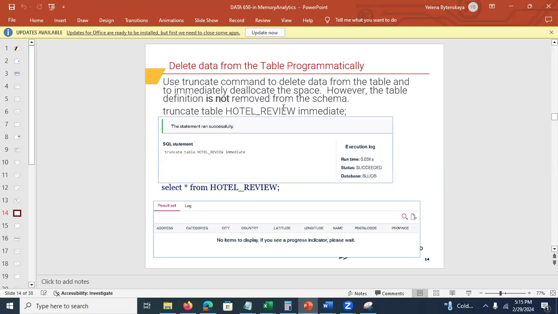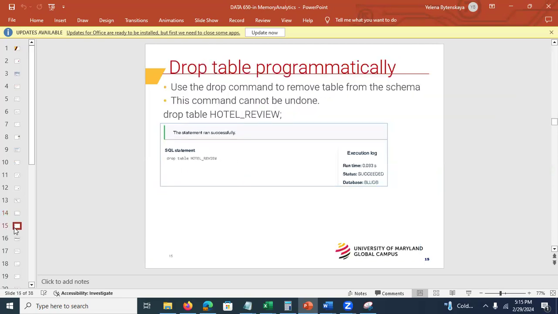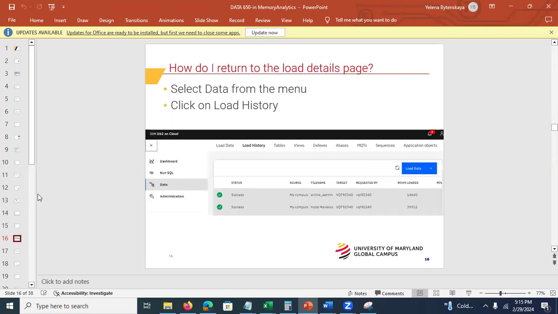This is an interview question. Remember these differences, okay? Just remember that. So this is how to drop table programmatically. Well, I'm giving you that. Okay. Now,